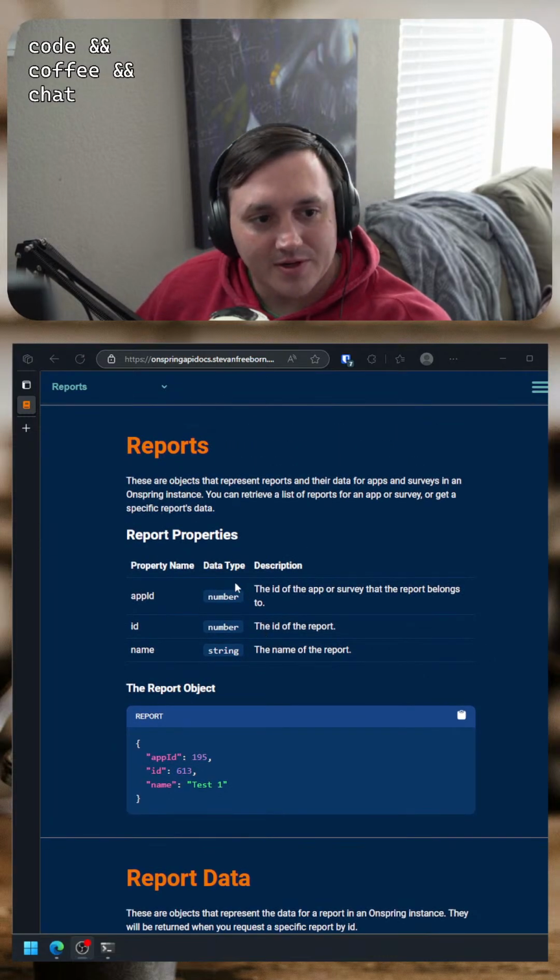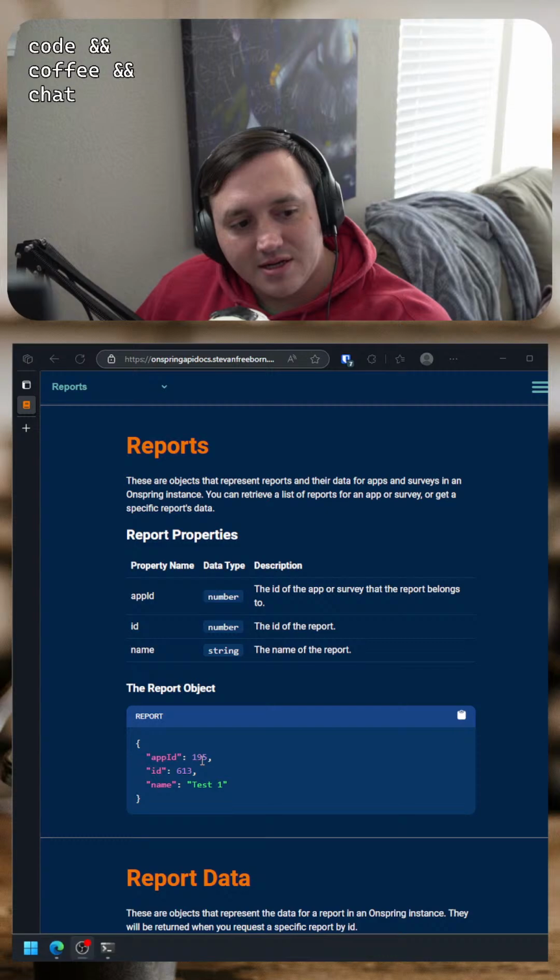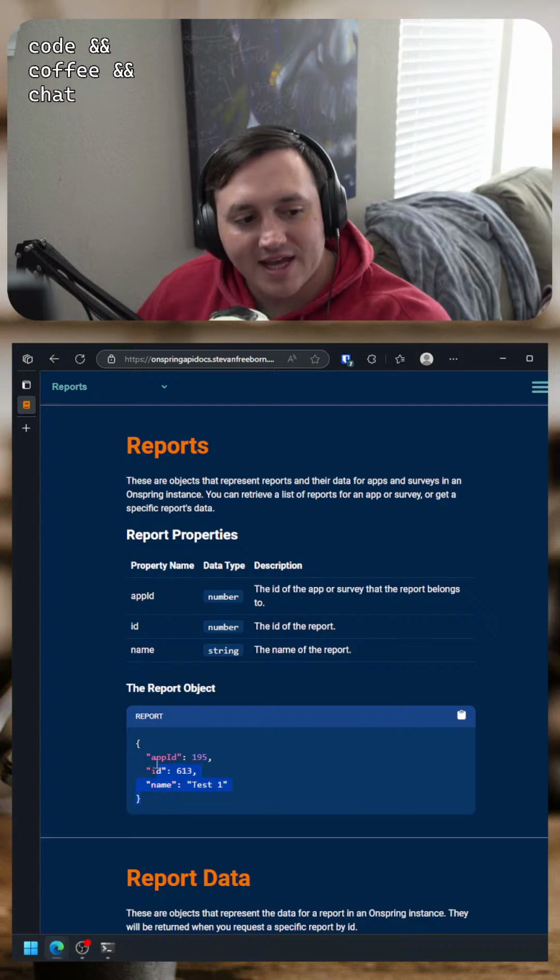Okay, so here's what I'm going to do. I'm going to return the reports, and I don't know if I need the app ID. I think I just need the name. I just need to return the name.